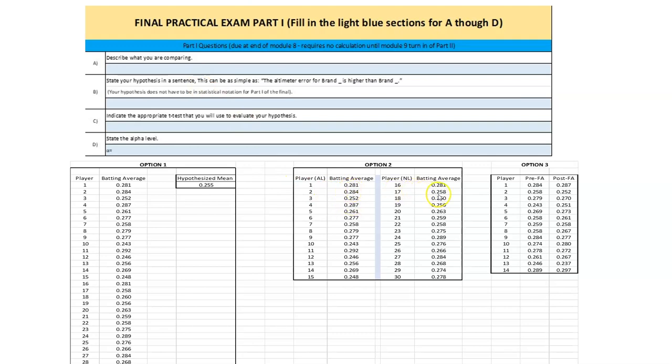I could say that there is no difference in the averages between the American League and National League. I could say that the American League batting average is greater than the National League, or alternatively that the National League batting average on average is greater than the American League. But again, just make sure that you're very clear this week when you state your hypothesis exactly what it is